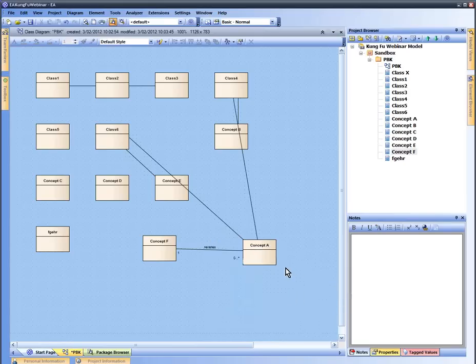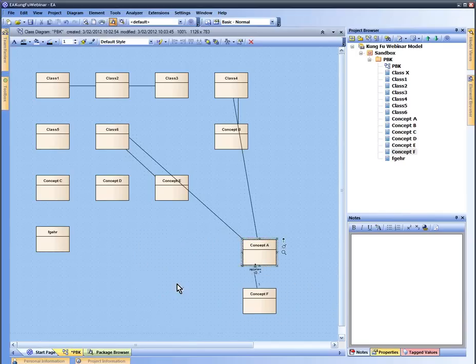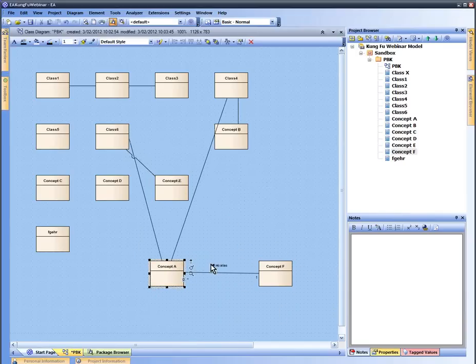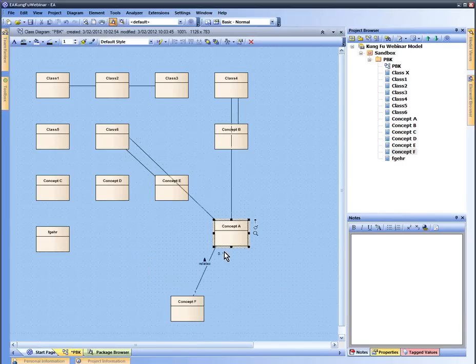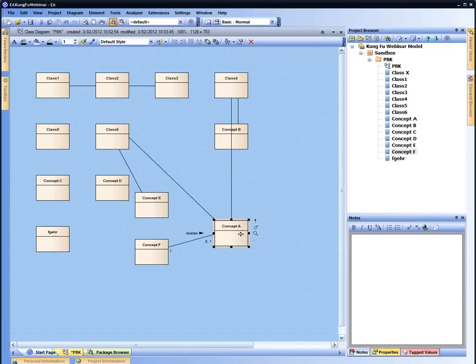Set direction. Where's this? Direction, okay, to destination, for example. And here I can move my association and the little black arrow follows me. That's pretty good. Also, when we work on, let's say, attributes and operations and so on, just always clicking to